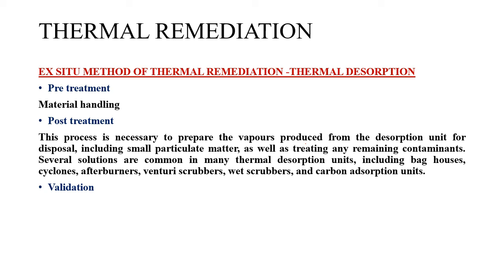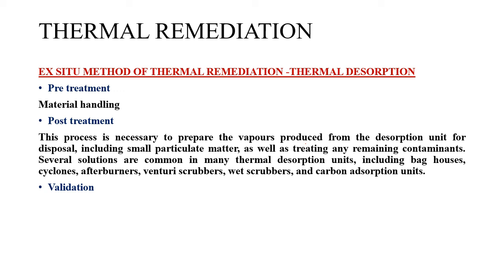In the pre-treatment, what happens is the drying process as well as the screening process of the soil. Once that is done, this soil can be fed to the desorption unit, where the actual heat treatment happens, and the contaminants will be volatilized. The heating is done now. Then the vaporized contaminants go to the extraction and treatment system. These vaporized contaminants will be extracted out of the desorption unit, and then fed to a treatment unit before they are discharged.